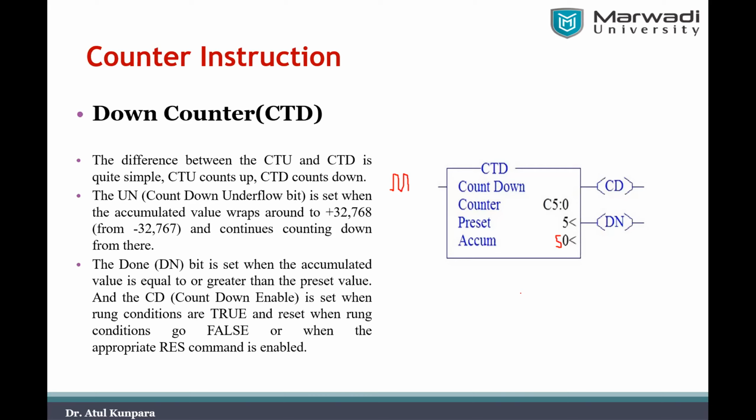To reset that counter, you can have one output coil, energized, that is given the name RES. Right, in the ladder rung, you can use a contact like this. Some contact you can put here. Let's say I'm giving some switch S there. And that switch will energize some output coil. This output coil will have the name RES there. That is called the reset coil. And this reset coil has to be addressed.